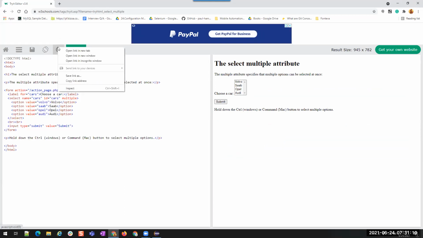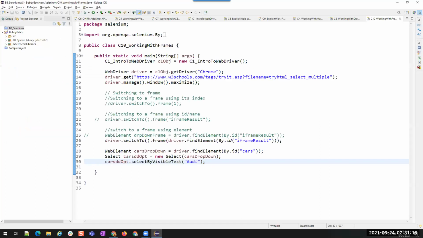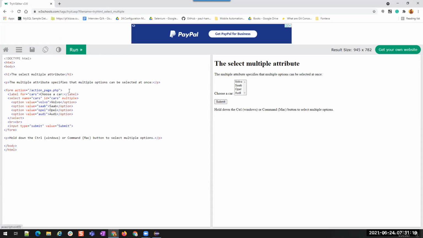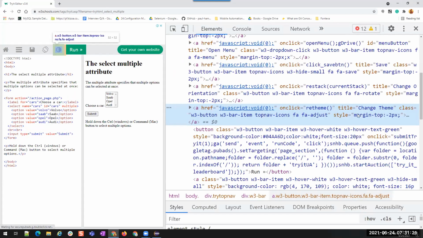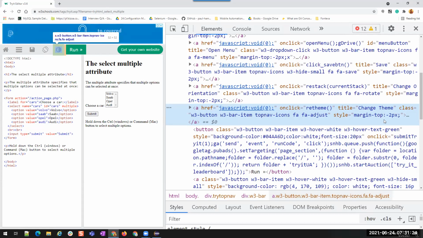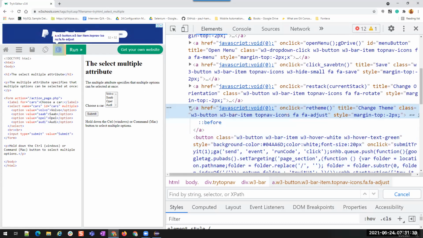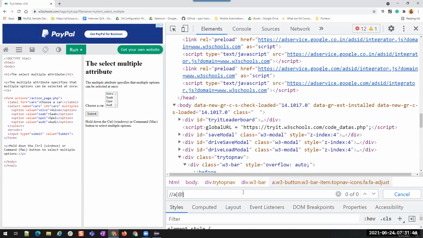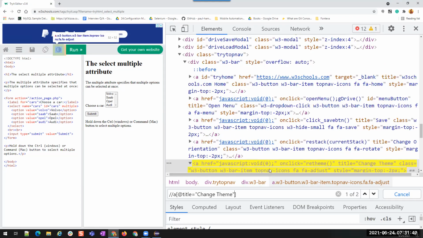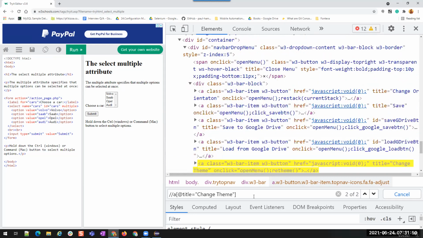Why am I saying this? Because this is direct in the HTML content. So you should know that we are able to control the HTML, right? So let us identify this. Title, class. Okay, title is supposed to change theme. So let's see. Nothing is there. Oh, change theme one here. Where is the other one?